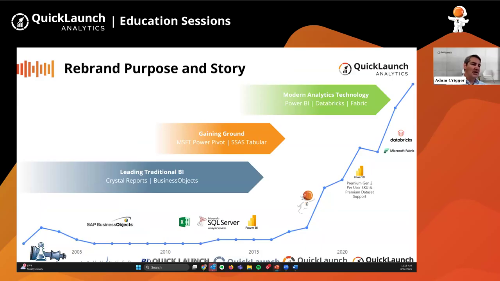And if you look at this slide, it's looking at over the years how we've grown as an organization, how we've transitioned. When we first started in 2002, I had just left an ERP company that was running JD Edwards in the construction space. And we had struggled getting information out of the ERP and found Crystal Reports to be a great solution at the time. And so we built some really cool stuff at that company, and talking to a lot of other companies, everybody was struggling with the same challenges. You've got all this data living in this black box of an ERP and no one can really get anything out of it and make sense of it.